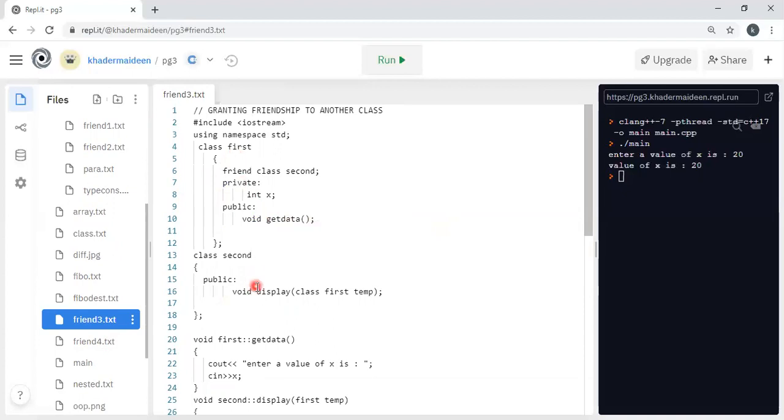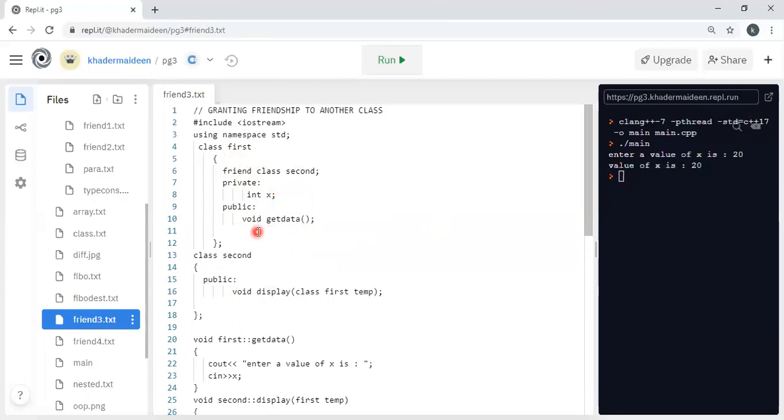So here I am defining two classes. One is first, another one is second. Here we define friend class second. That means the class second can access the data member of the class first.